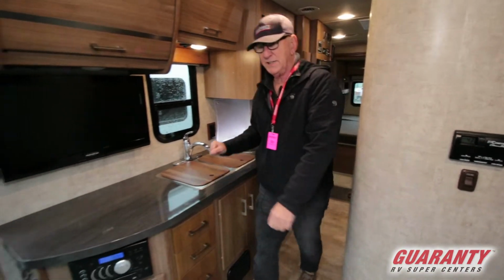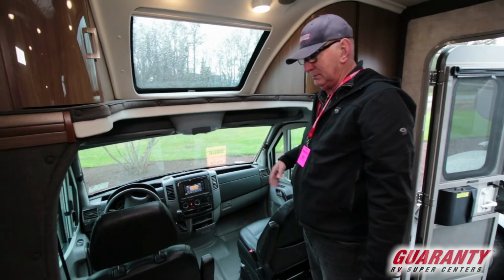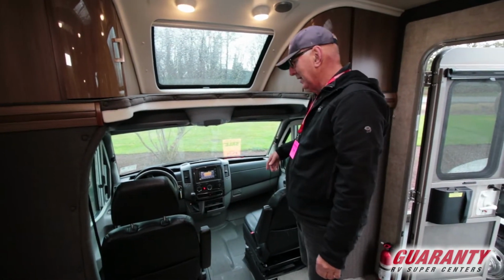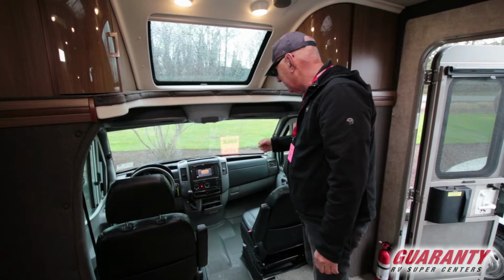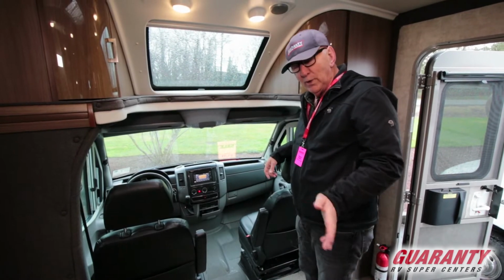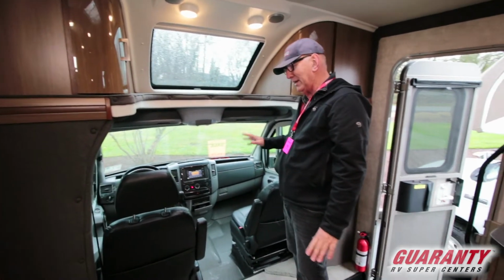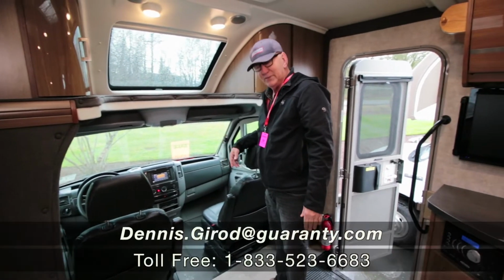As I said, this is a G model 2014 Winnebago Navion, Itasca. This one has 14,700 miles. Great unit. One of the things you'd find about this, very nice driving units. Nice and quiet in the front, handle well. So if you get a chance,